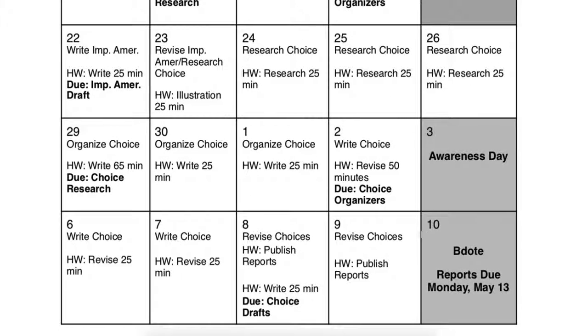Then we get to the 22nd to the 10th. And the 22nd to the 10th looks different if you are a person that's in language arts than this. If you're in language arts, you are just doing 1 report at a time, getting that report done, then moving on to the next one. If you are not in language arts or you are in modern language, we do research 1 week, or basically for several days in a row, and you do research on every single report. You'll notice the homework lengths are all about 25 minutes, except when the weekend rolls around, they're sometimes a little longer.